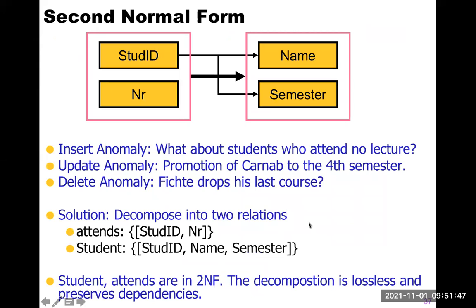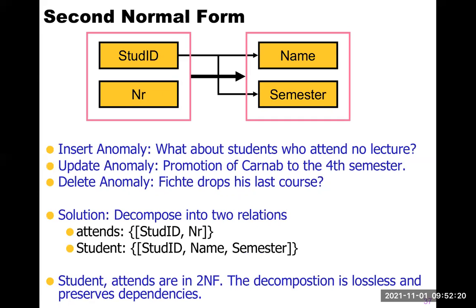So insert anomalies, update anomalies, promotion of current up to another semester. If we delete, we get a delete anomaly and lose information on a student, and a student that didn't attend anything, we can't put information of that student in this table. So the solution is to decompose it. And that's the first place where we have decomposition to make our tables